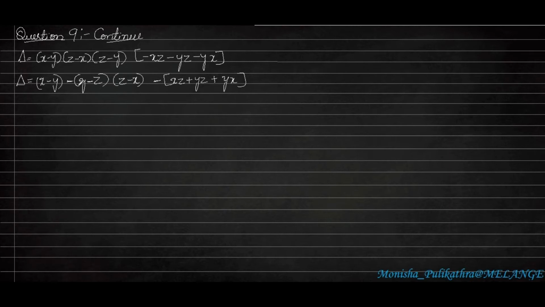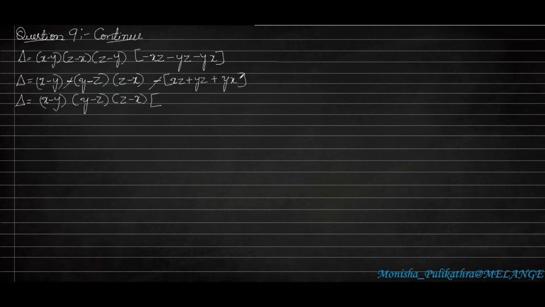So here is a minus term and here also a minus term is there. Everything is in a product form, multiplication form. So minus into minus will be plus. Okay. So delta into x minus y, y minus z and z minus x. This minus cancels each other since minus into minus is plus.